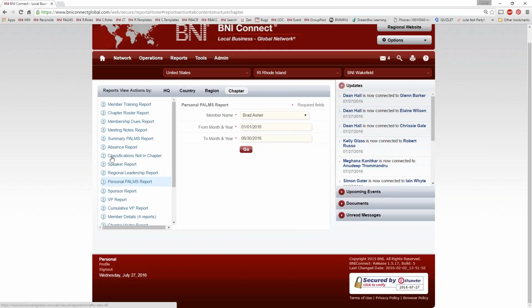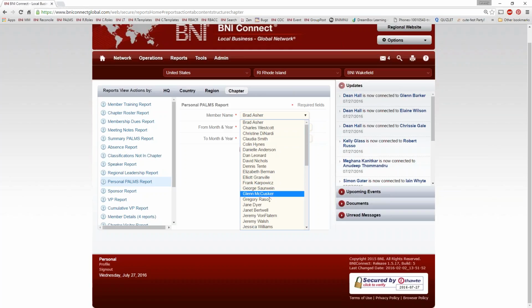by the way, there's something wrong with my POMS statistics. I didn't have this many absences, or how come it says that I have 1,000 one-to-ones? More than likely, it was just a data entry error on one of the POMS reports. The easiest way to find that discrepancy is to run this personal POMS report for somebody. So let's say for myself,